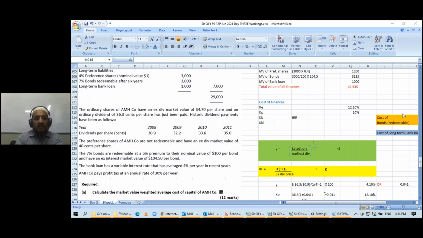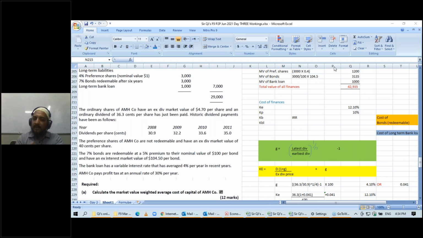Pavishne, let me tell you about the cum dividend. The student is asking me about cum dividend. See, cum dividend market price of a share means that in some days a dividend is being payable. So the market price would have been increased by the dividend amount. So in calculating market price, we use a stable amount. This market price increase due to the announcement of dividend is temporary. Once the dividends are paid in cash to the investors, the price will come back down, and that price is